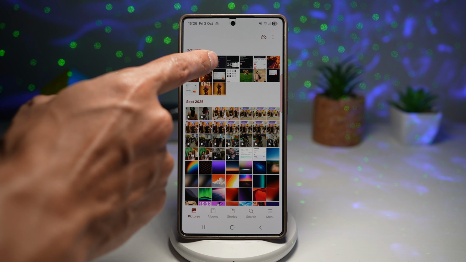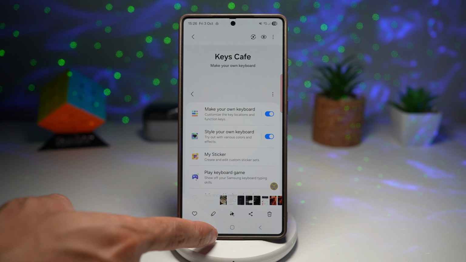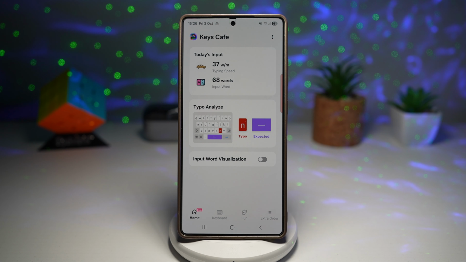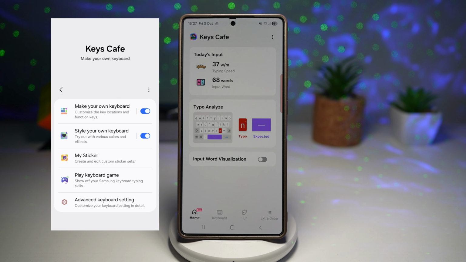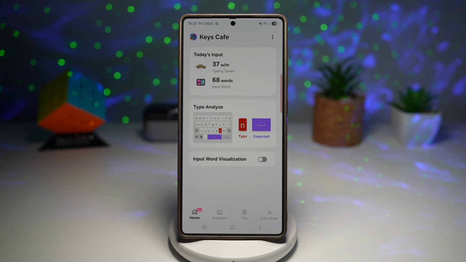I'll just quickly show you the old layout of Keys Cafe. So this was the old layout, and this is the new layout. So on screen here on the left, I'll put the old layout, and the middle here, you're seeing the new layout. So as you can see, this is the new homepage inside this Keys Cafe, which basically introduces really cool